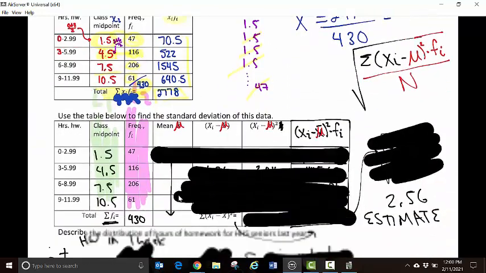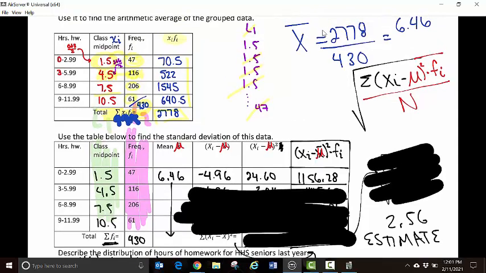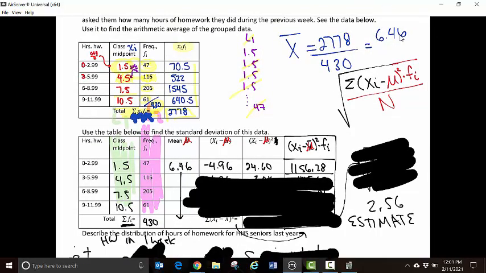All right, so this is this data set right here, the class midpoint. Here are our frequencies, and we know our average. Our average is 6.46. So we're going to take our data, 1.5 minus 6.46, and we're left with this. So that's them subtracting them. Then I square it, and I know the squared difference from 1.5 to the average is 24.6. Right here,